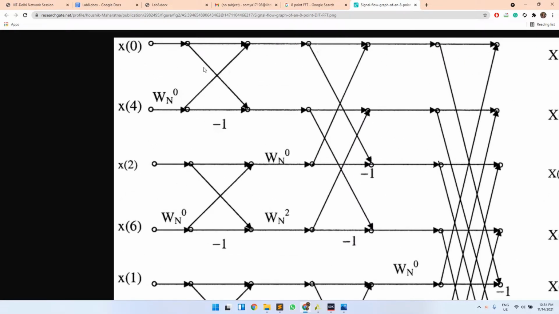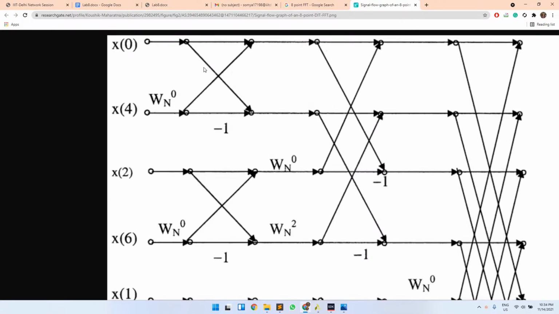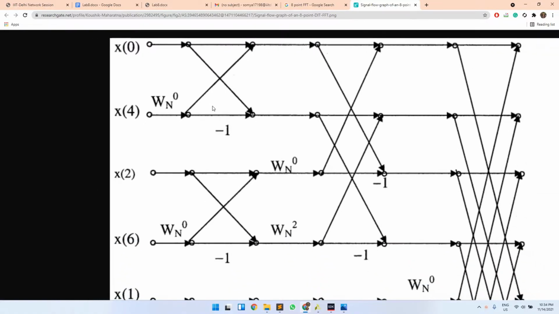We can understand this in a better way by taking an example of one butterfly operation. Here it will take x0 and x4 as 2 inputs and it will have 2 outputs, the modified x0 and the modified x4. The output here will be x0 plus x4 multiplied by Wn0. Similarly, the output here will be x0 passed as it is plus x4 multiplied by Wn0 and -1.